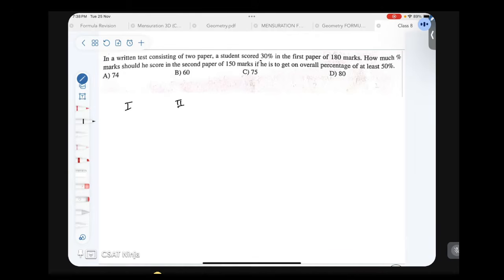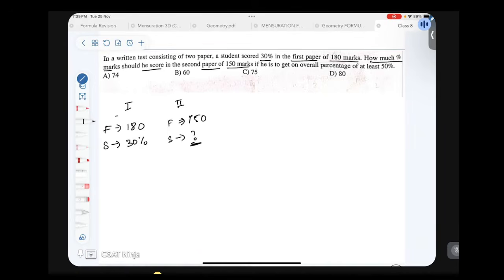A student scores 30% in the first paper of 180 marks. That means full marks for paper 1 is 180 and the student is scoring 30% there. That's number one thing. And how much percent marks should he score in the second paper of 150 marks? Full marks for the second paper is 150 marks. And we are asked to find how much percent should he score here